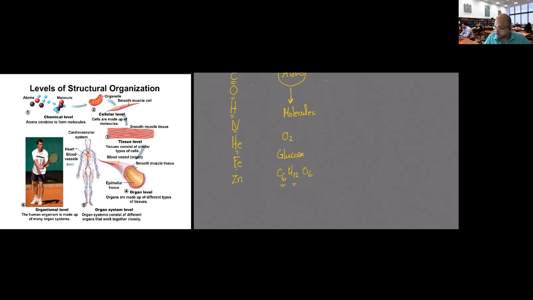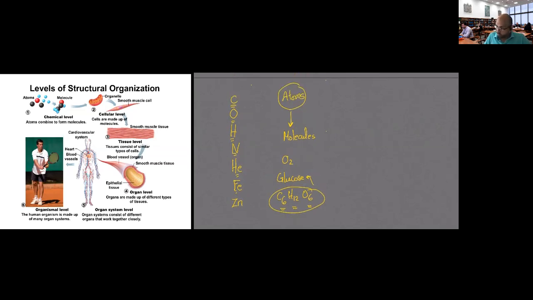So I have 6 carbons, 12 hydrogen, and 6 oxygen. All those together will build up 1 glucose. And this is a simple sugar. Those sugars, fats, and proteins that will be formed from those very basic structures, the atoms,